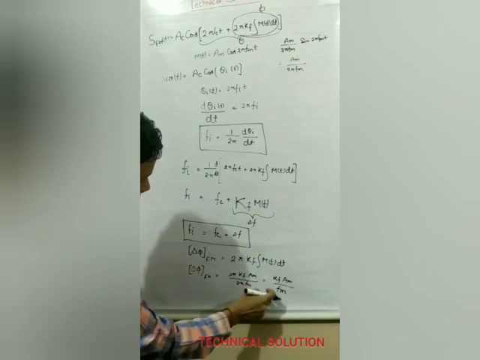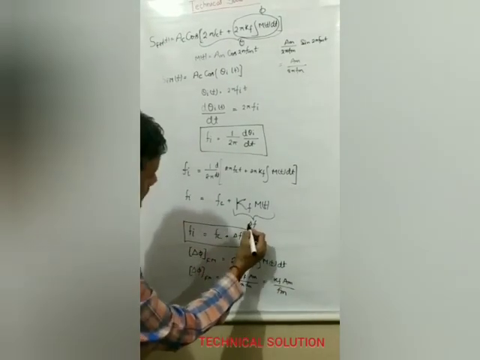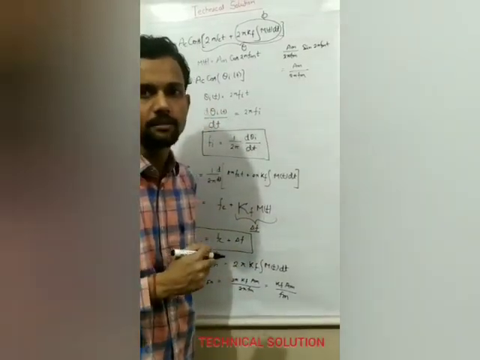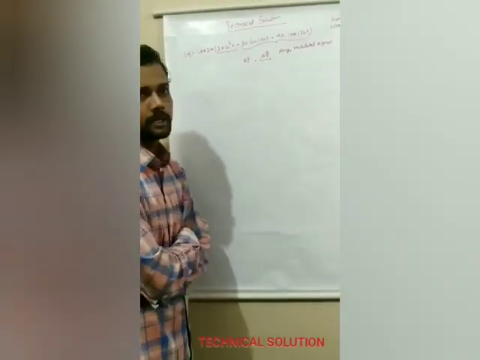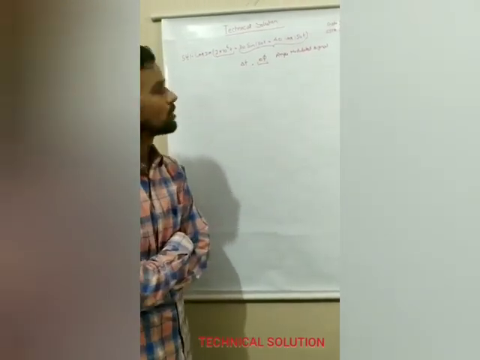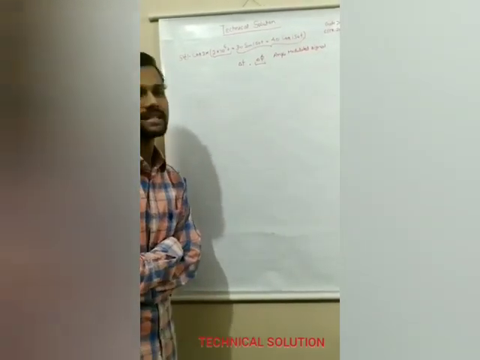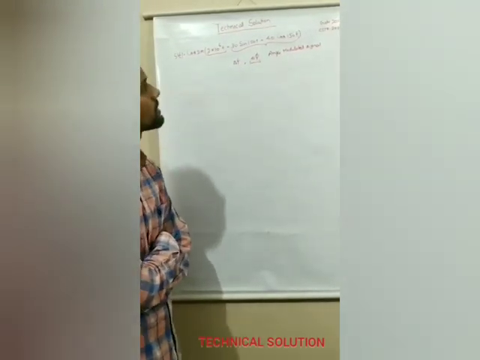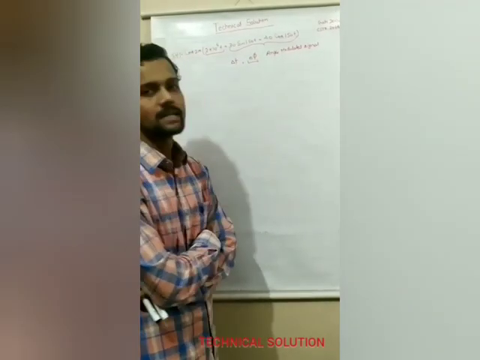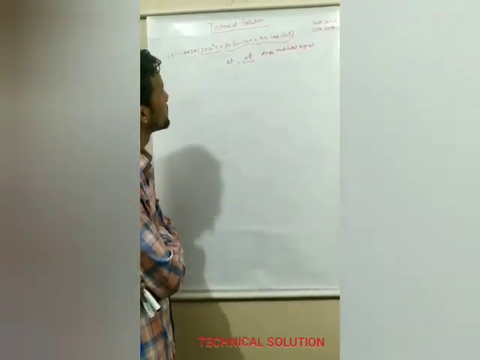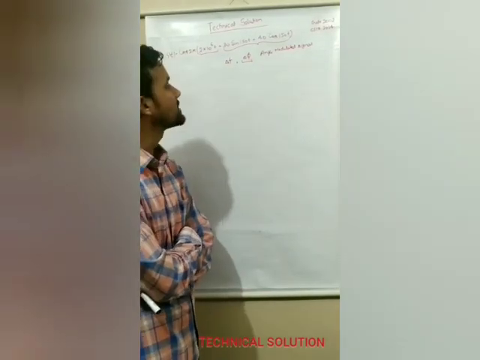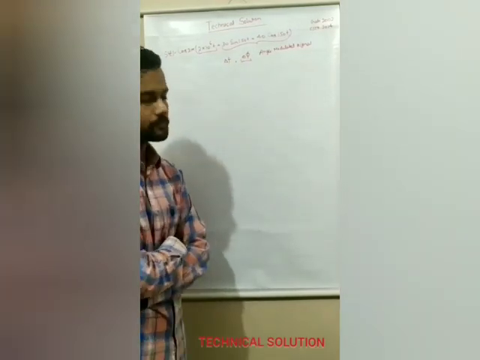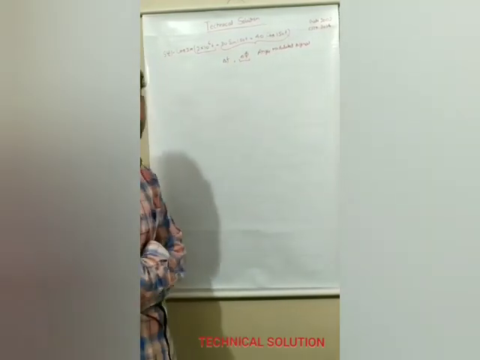This maximum phase deviation is given by this, and the frequency deviation, that is delta f, is something added in frequency. The given angle modulation question is s(t) = cos(2π·2×10^6 t + 30 sin 150t + 40 cos 150t). This question was asked in GATE 2002 as well as in CSIR 2014. We have to find the maximum frequency deviation, that is delta f, and the maximum phase deviation, that is delta phi.